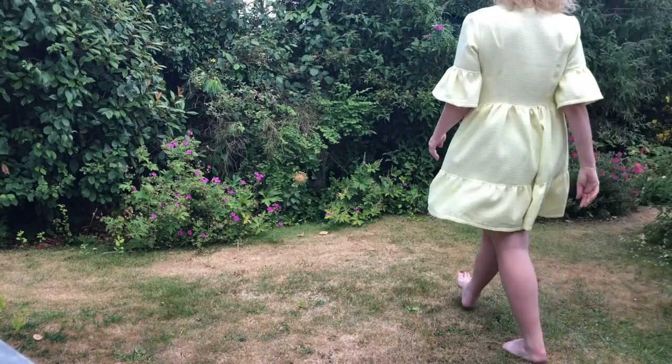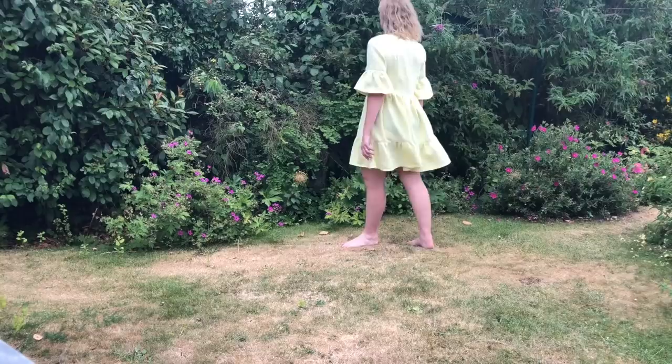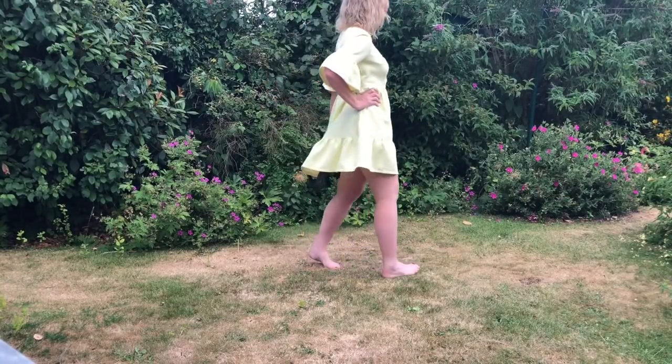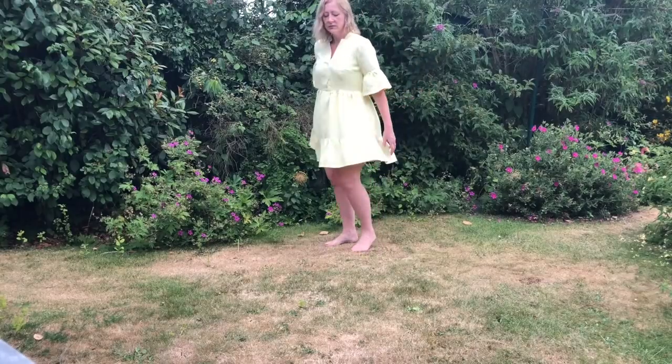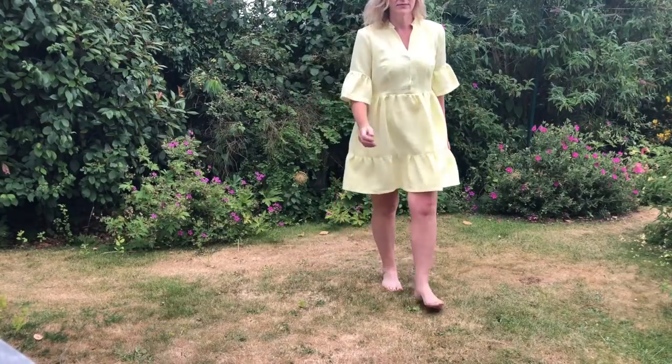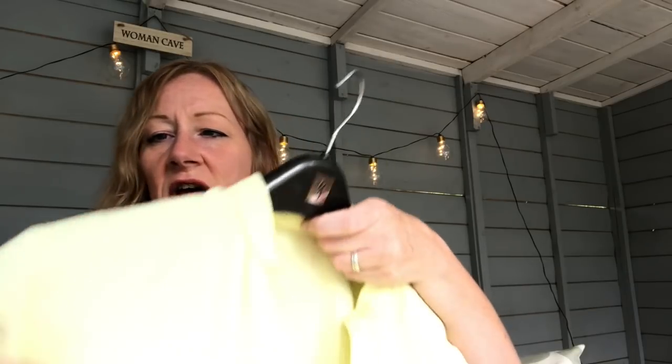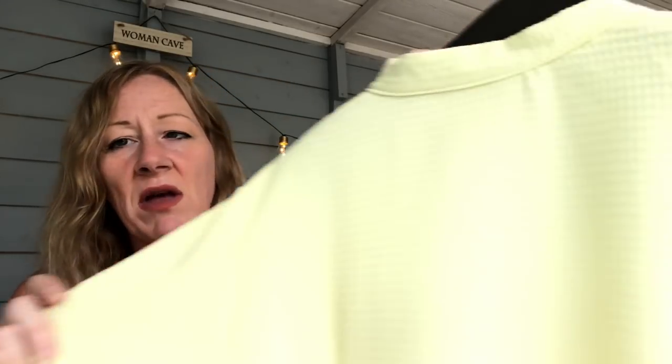I'll put some pictures of me wearing it, but yeah, this is coming up really bright yellow on screen, and honestly, it's not this bright in real life. So this fabric, if I can just show you a bit closer, is like a lemon waffle fabric, and I think I got it from the textile centre, and it was perfect for